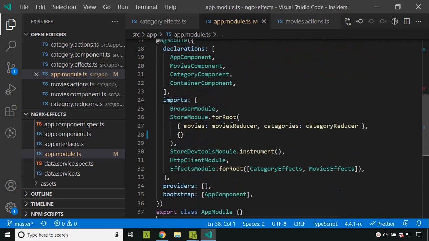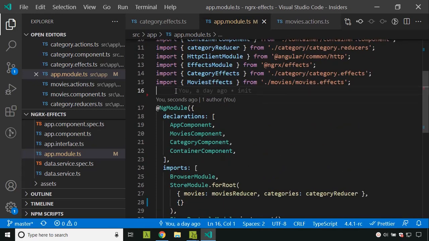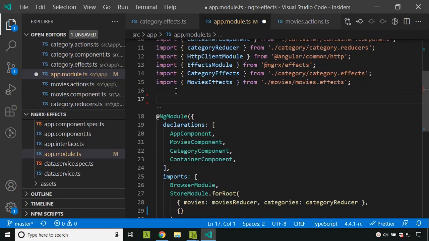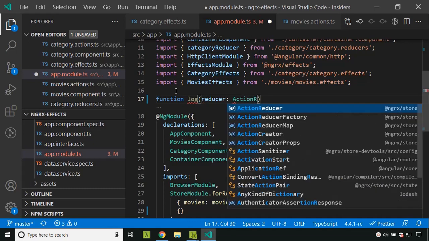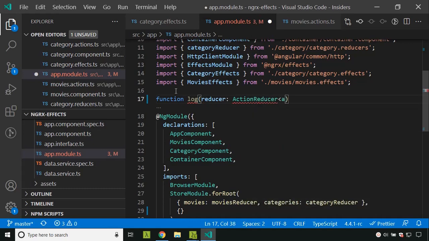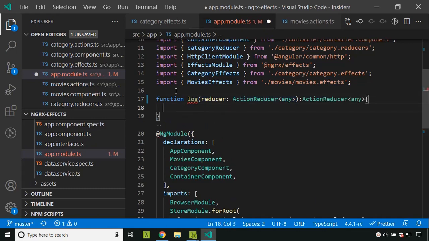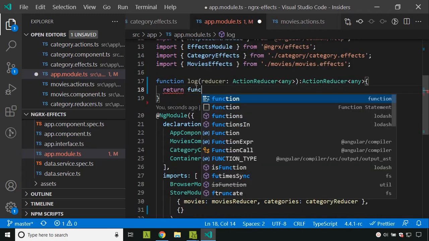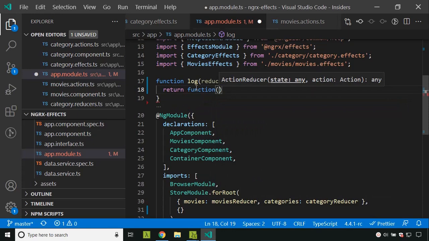So now let's add a function here. This is a meta reducer function. I am creating a new function called log, and inside that I accept a reducer which will be of type ActionReducer<any>, and it will return the same type. Now inside the body of the function we return a function which accepts a state and the action,